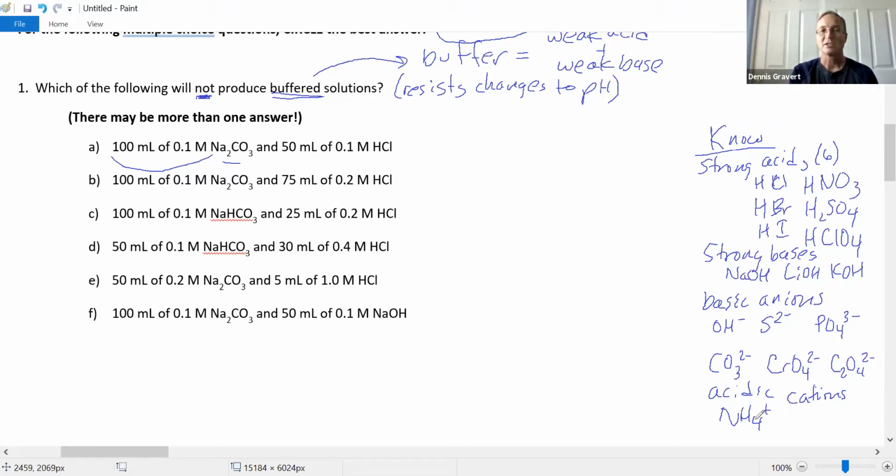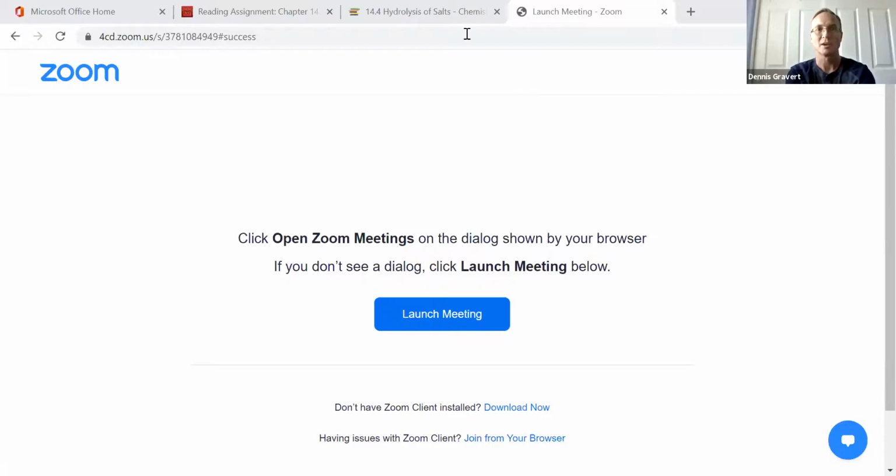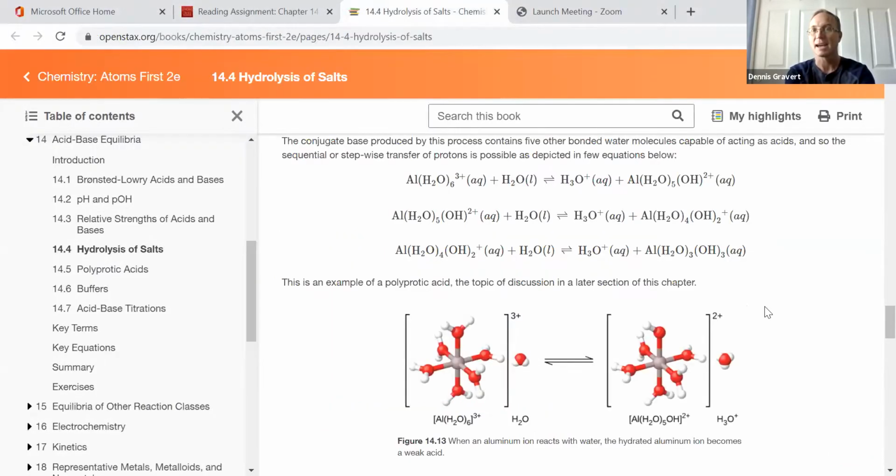And then if you exchange or substitute a hydrogen for carbon, so there's 4 hydrogens here. How about we take one of those hydrogens away and bring in a carbon with 3 more hydrogens? That's also acidic. The nitrogen's again making 4 bonds. It has extra H. It can donate H plus donors or acids. And then the other thing are, where's the book? So if you go to the book, they're cations of metals that are highly charged, like aluminum,